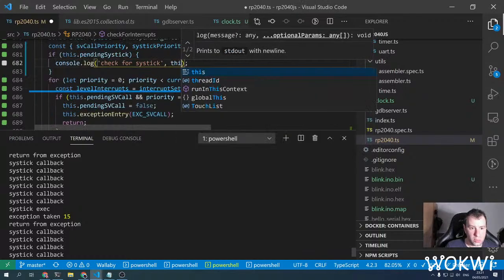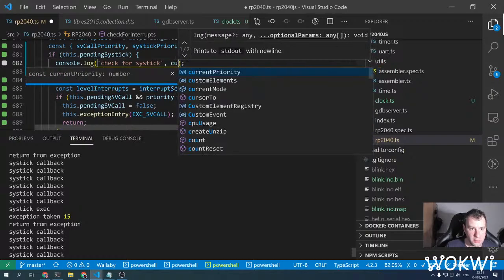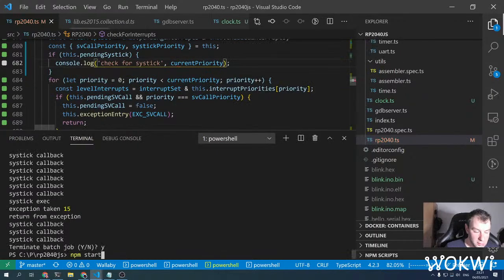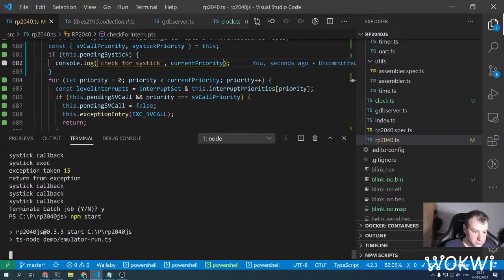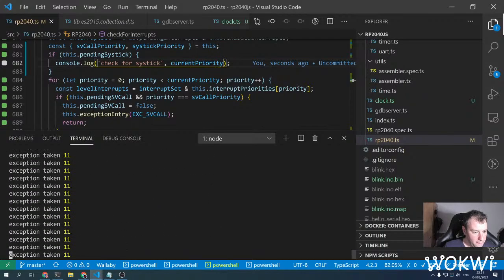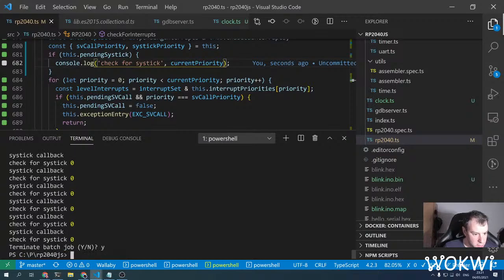And then we can also print the current priority. All right. Yeah, we can see it's checking for SysTick and the priority is 0, which means it's,